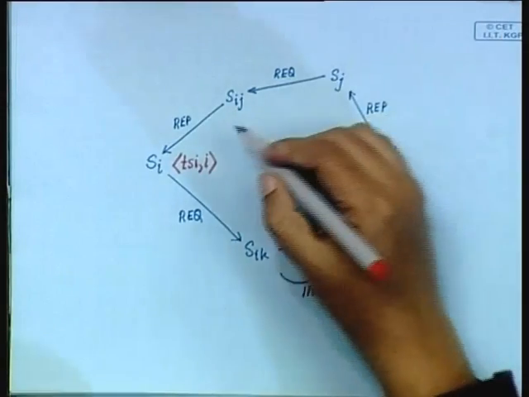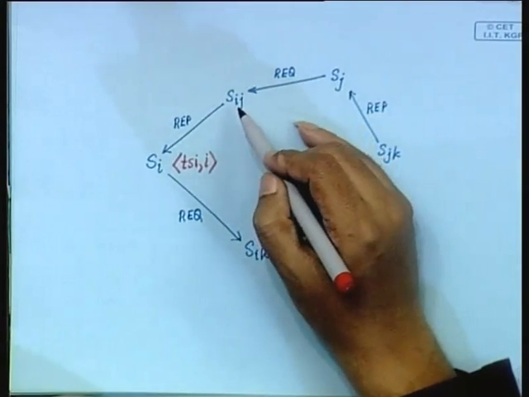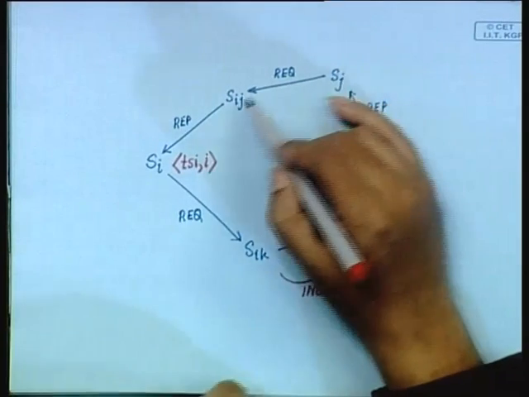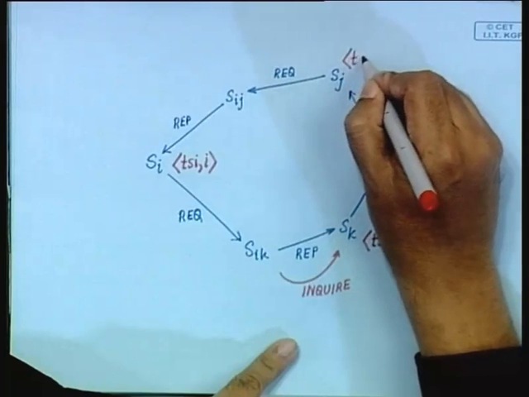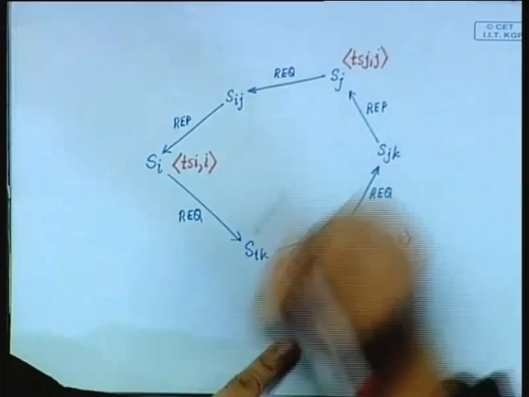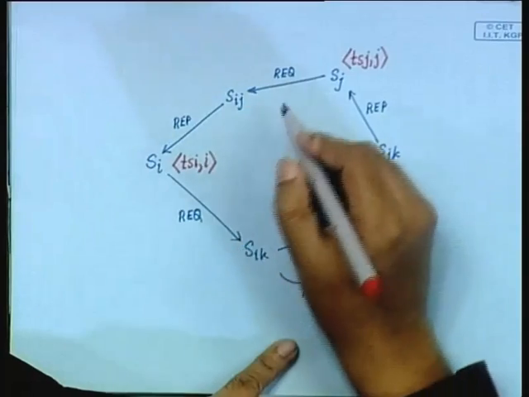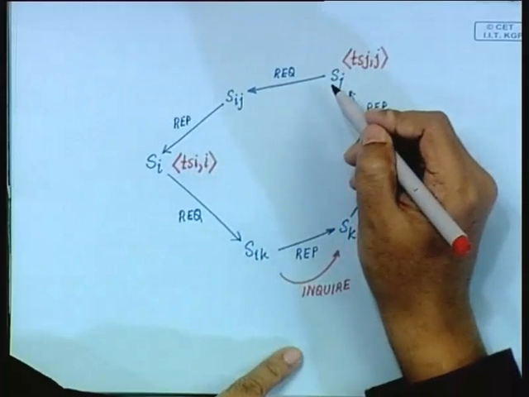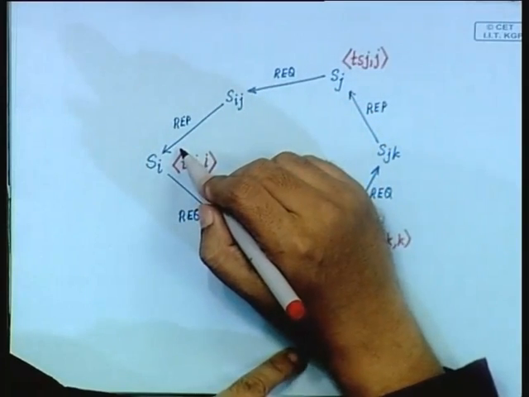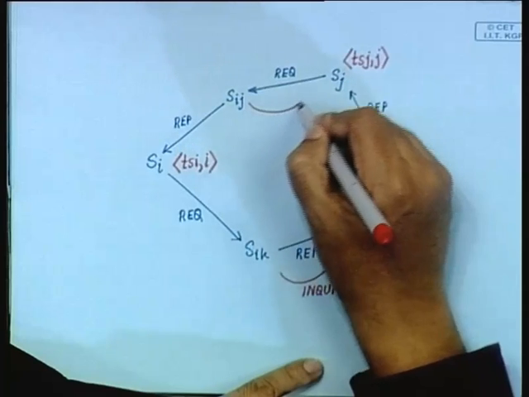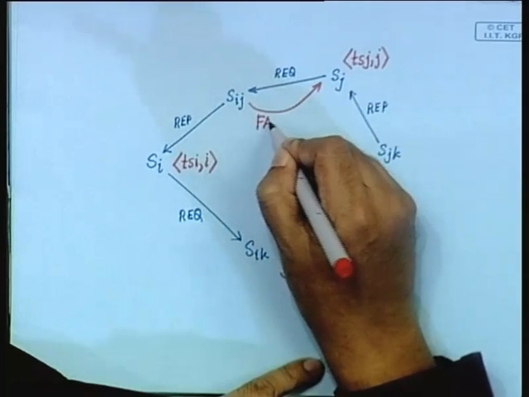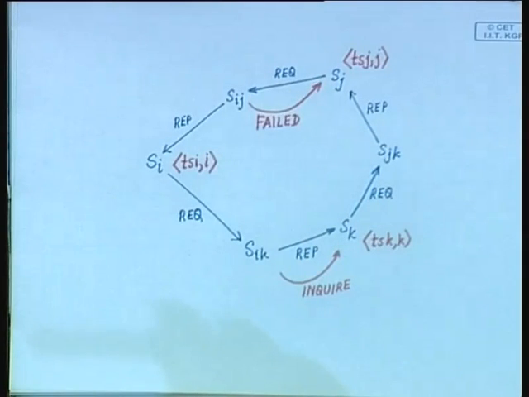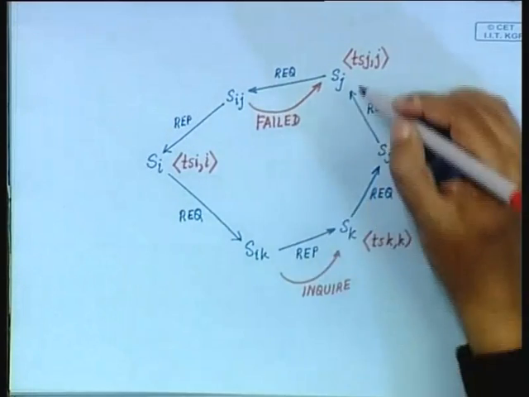Now, let us look at this side of the thing. Sj has made a request with Tsj. What is Sij going to do? It will compare this with this, and what will it do? Will it send an inquire to Si? No, it will instead send a failed message to Si, failed, right. It will send a failed message to Sj,